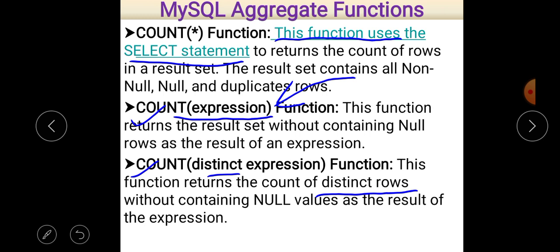And last, count distinct expression, when we use distinct keyword before expression, that means that no duplicate values are allowed in that case. And also no null values are acceptable.